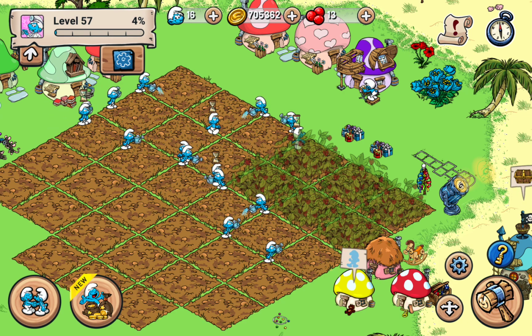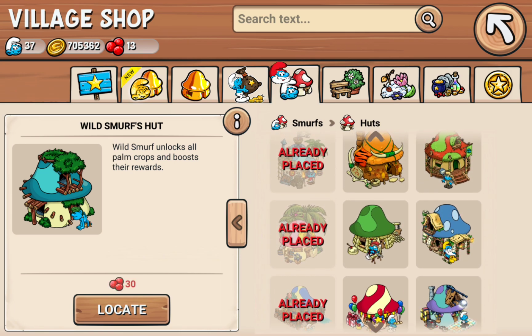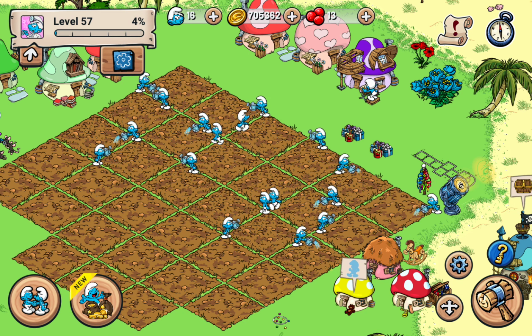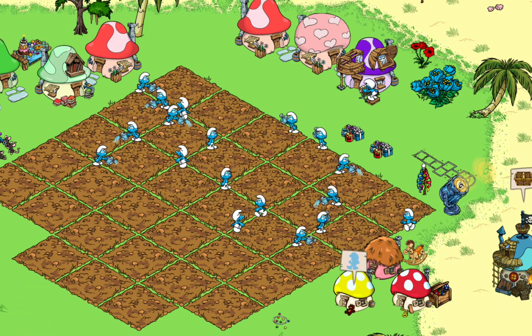You know what? Let me get Nat's hut down here. I got to get all the Smurflings their homes now, because I've been avoiding this. Oh wait, I have to. Okay, that's fine. Wait till next week then to do it if I have the Smurf berries for it. But yeah,